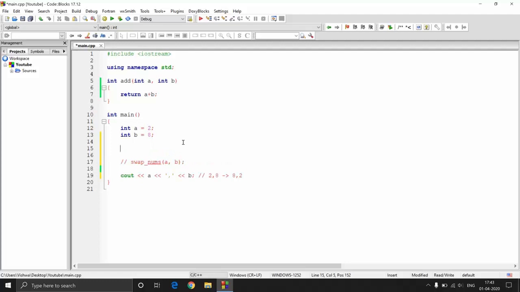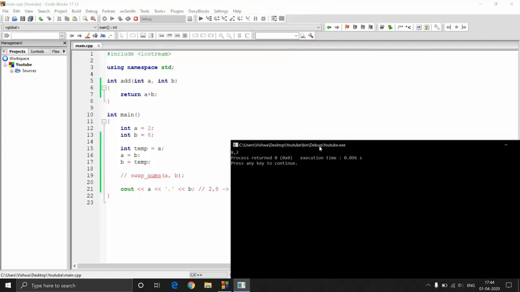To do that, first of all we need a temporary variable, because once we overwrite a value, it's gone, right? So I want to preserve both the values so that I can reassign them. So let's say int temp will hold the value of A, and then I'm going to reassign the value of A to B, and then since I need the value of A, it is already stored in temp, the previous value of A, so that I can just put it inside the B, right? So now if I execute this particular code, I will be getting my desired output. So now A has become 8 and then B has become 2.